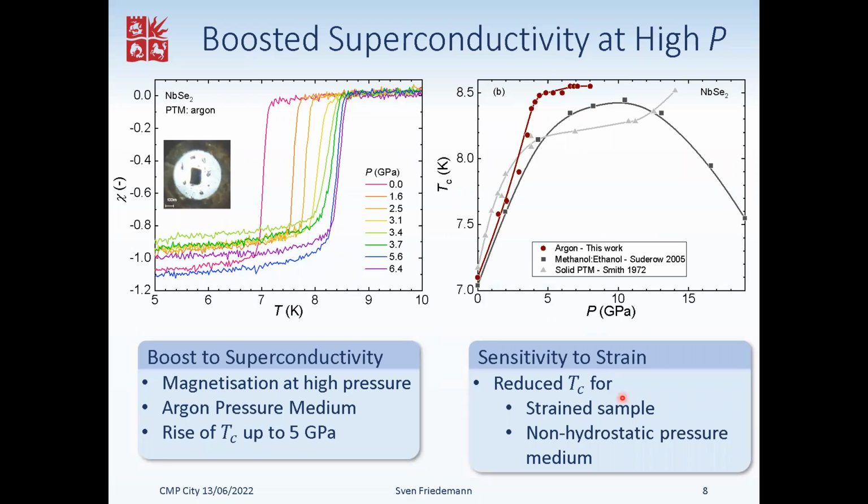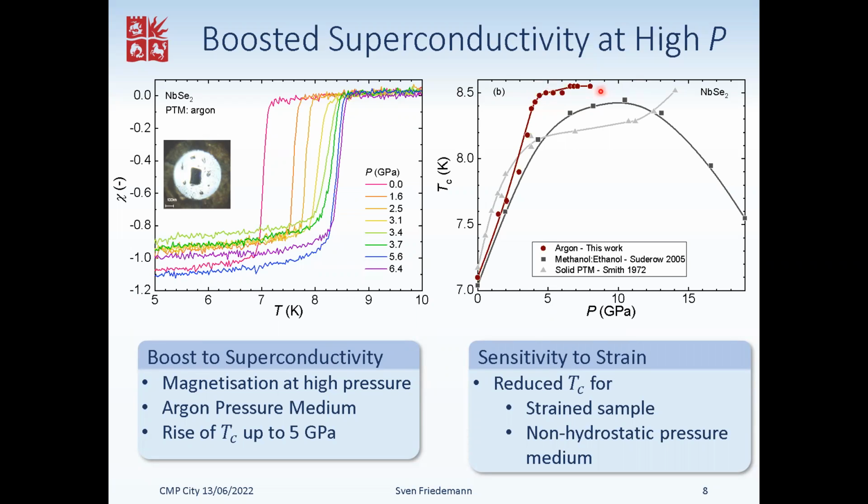Now let's look at the superconductivity. We've done that with measurements of the magnetization under pressure, and we can quite clearly see the Meissner effect in zero field cooled measurements and in small magnetic fields. We have spent a bit of time to work out how this looks if we prepare samples in different pressure media and with different sample qualities. And we find that it requires the highest sample qualities and highest pressure medium qualities to get this curve, which is now highlighted here in red, namely where TC increases linearly and then